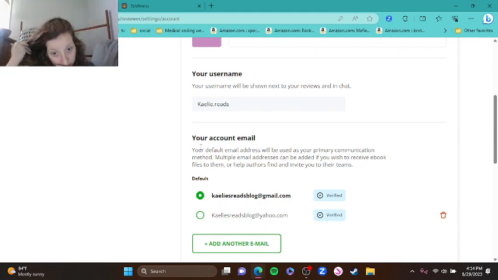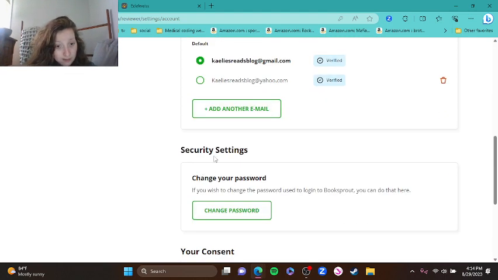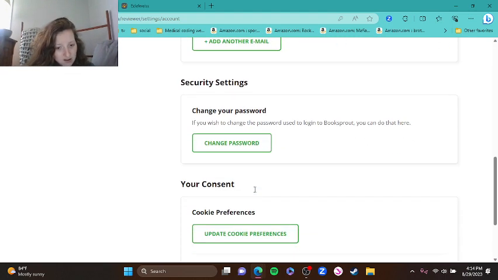Multiple email addresses can be added if you wish to receive eBook files to them or help authors find and invite you to their teams. So I have my primary and then my backup. And then here's where you change